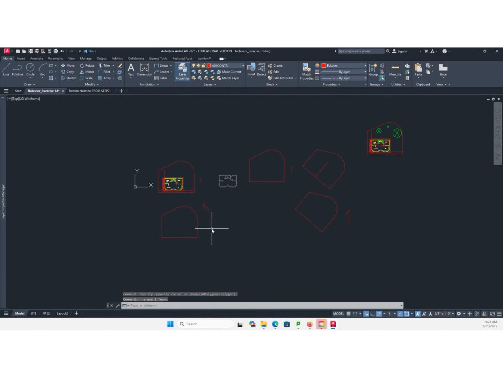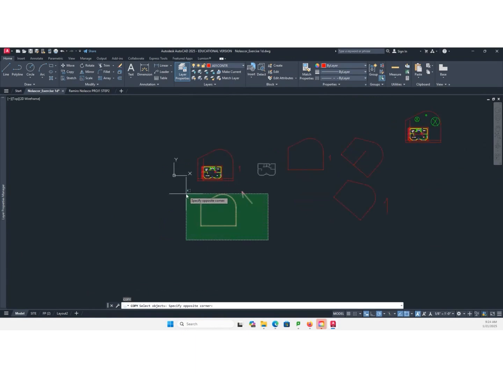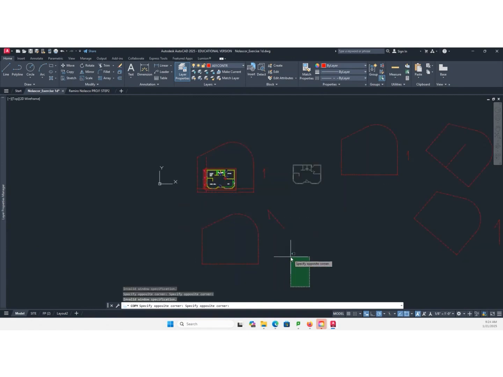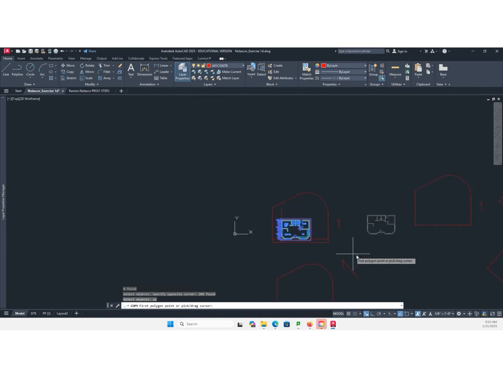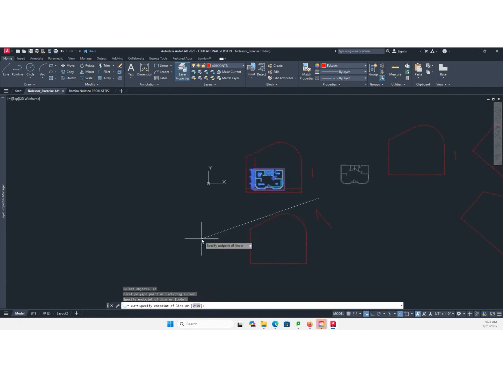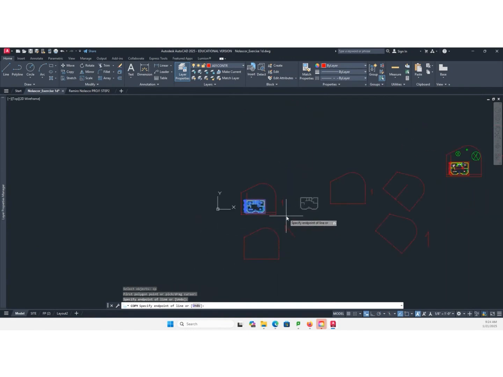Okay, so true north, project north. I'm going to make a copy of the building, so all of this.